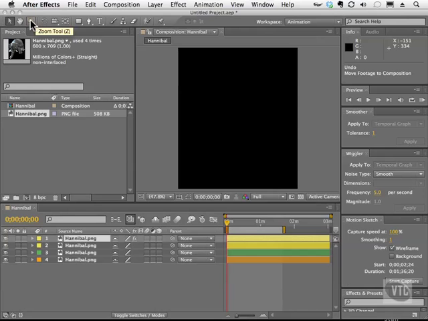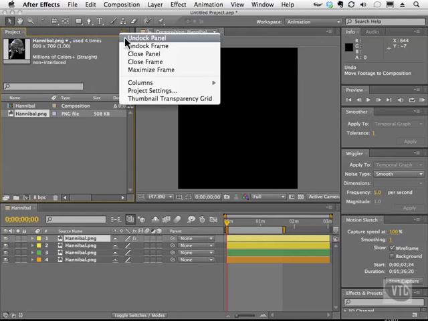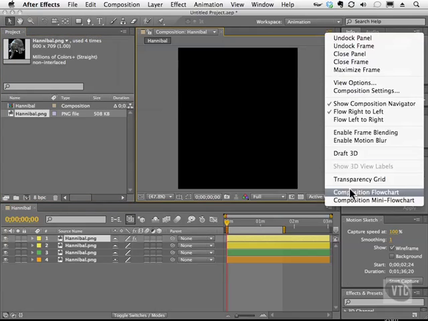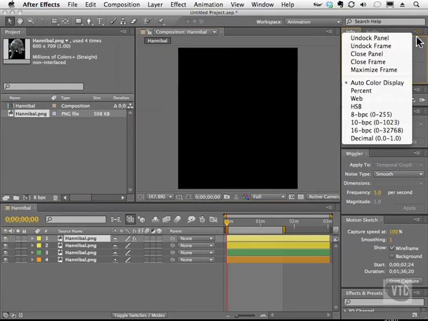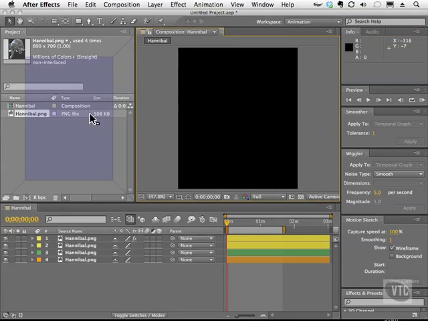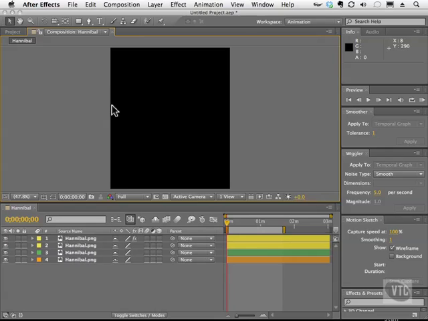We can even zoom into things. We'll have on most of the panels little menus that live on the upper right hand corner, so we can perform certain tasks based on the panel that we have selected. We can even rearrange these guys, and I do talk about this elsewhere, but if you want to, you simply click on the grabber and you drop it in one of these little color zones here, and you simply rearrange